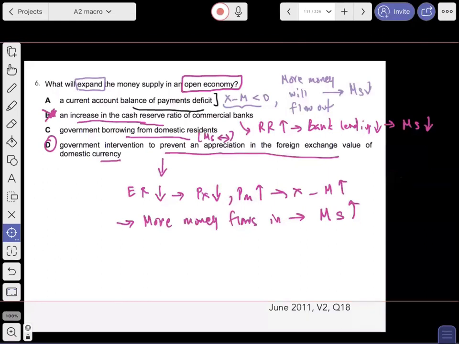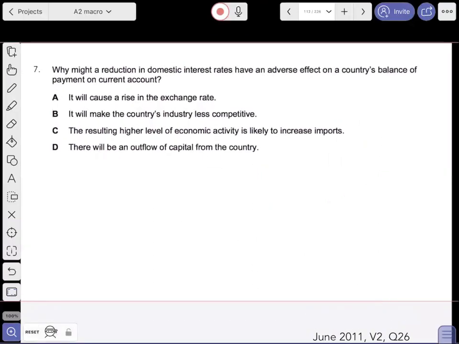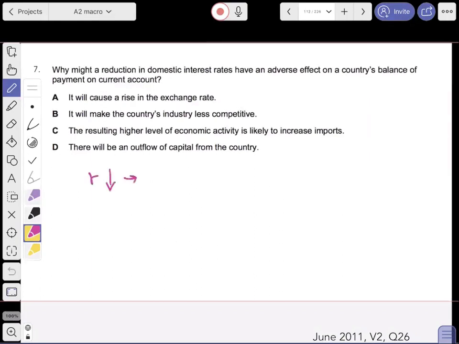Okay, I'm going to move on now. Next question. Why might a reduction in domestic interest rates have an adverse effect on the country's balance of payment on the current account? Well, we know this: if there is a reduction in interest rates, then we also know this